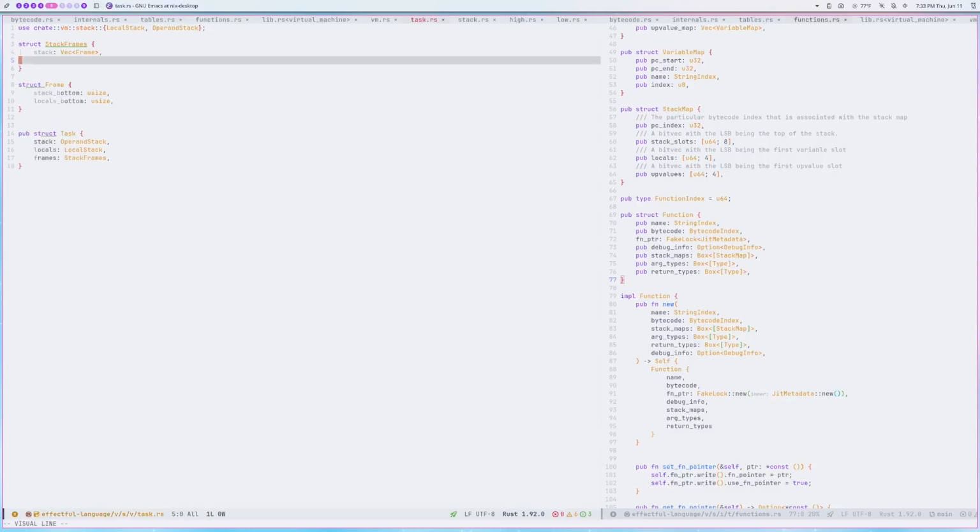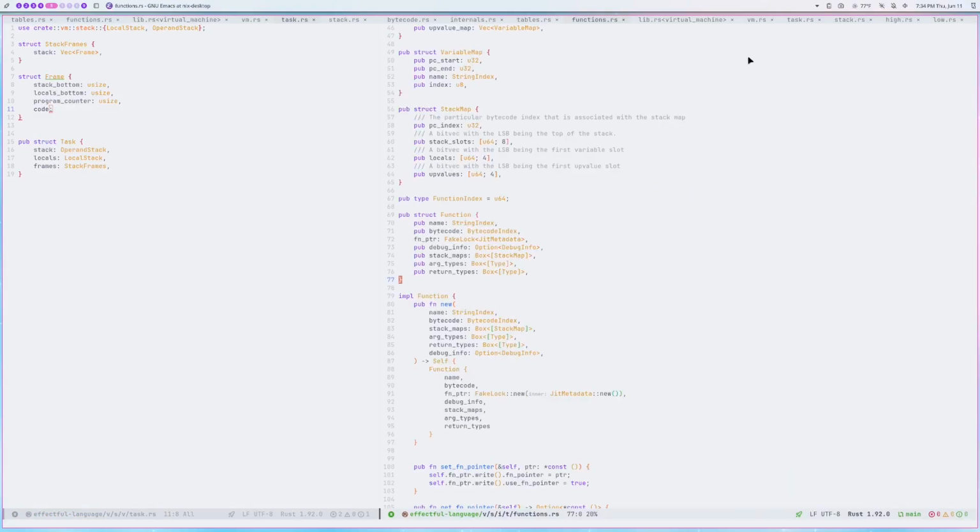Oh yeah, we need a program counter so we know where we are in the byte code. And this will just get continually updated as we execute. I think this might be good enough for now. Oh, I know what we're missing. We need code, which would be a static